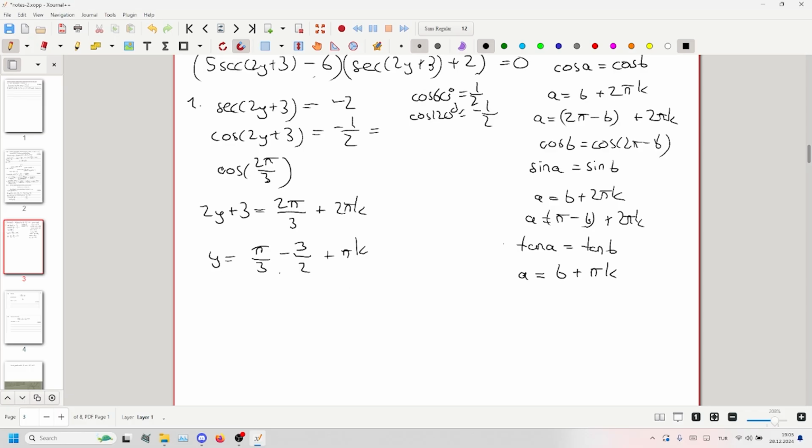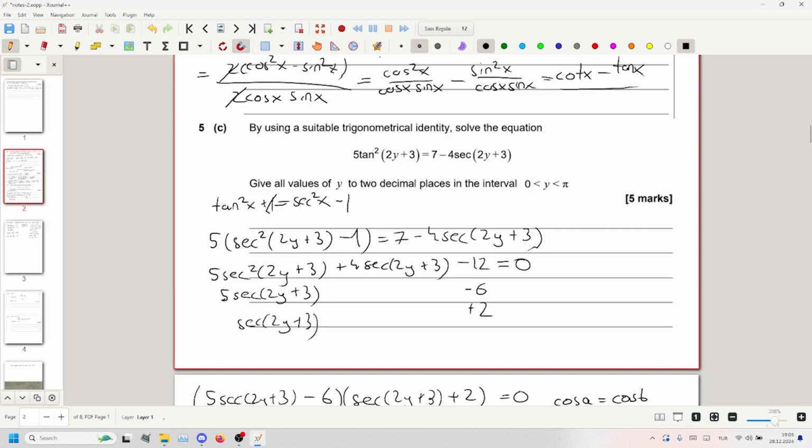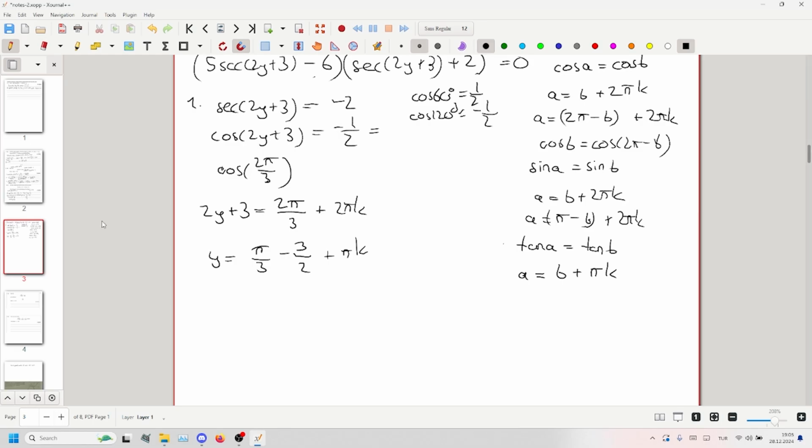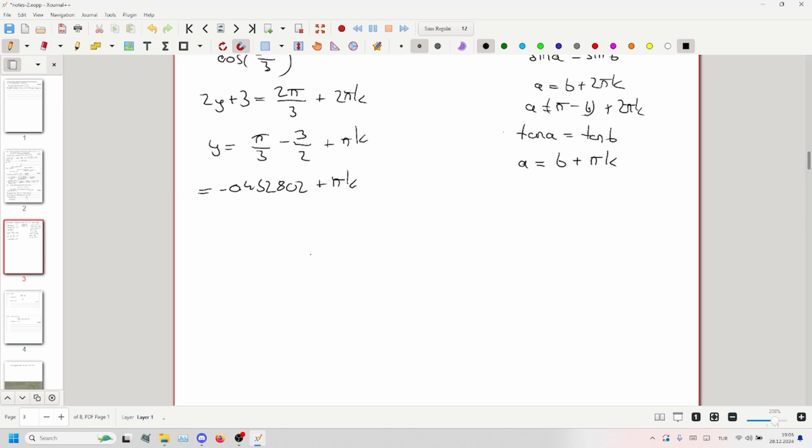So now we need to find which solution this produces in this interval specifically. We'll do that by putting pi thirds minus 3/2 into RTI. So pi thirds minus 3/2, that is negative, so that will be negative 0.45282 plus pi k. Now, to get an answer in this range, we should add 1 pi to this. So if we add a pi to this, we get that one solution of y is